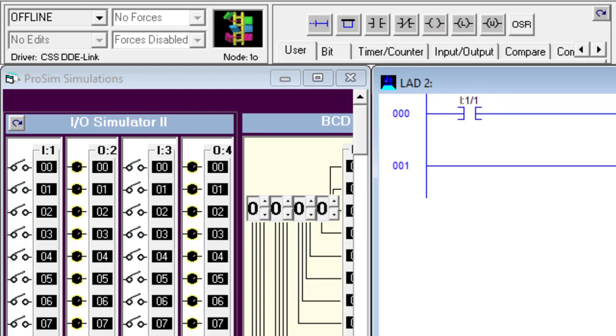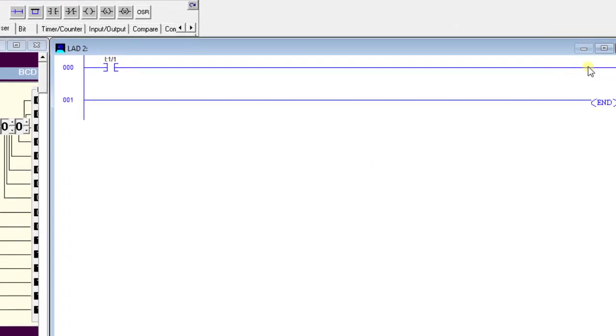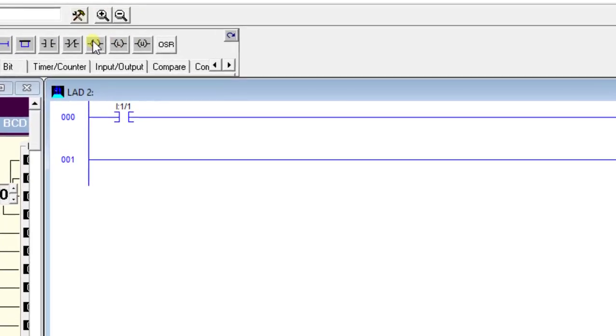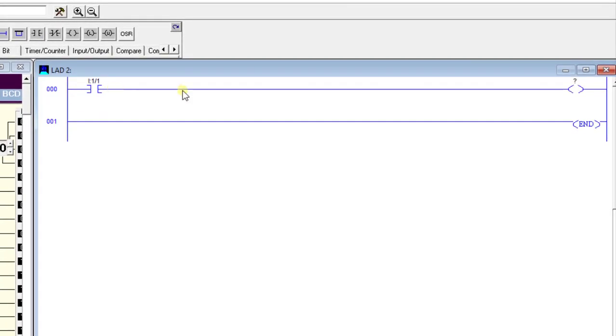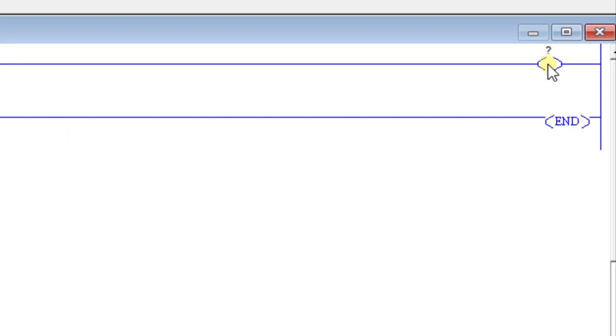Now I need some output trigger over here that will show me whether my system is having output or not. So you can see it's showing me a red signal, and here it shows me a green signal. I'll just release it over here, and you can see it has been connected at the end, but here's again that question mark.